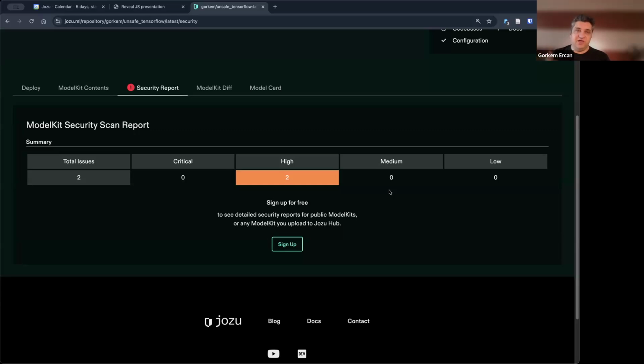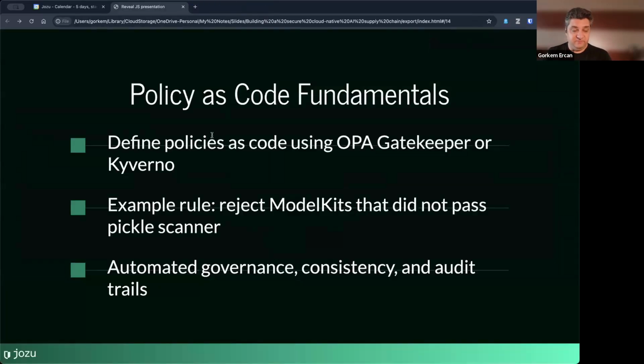So you can do that anywhere in your pipeline to avoid deploying harmful models or training based on harmful models and whatnot. But you can imagine this is just a security report. You can imagine more things to attest as well.